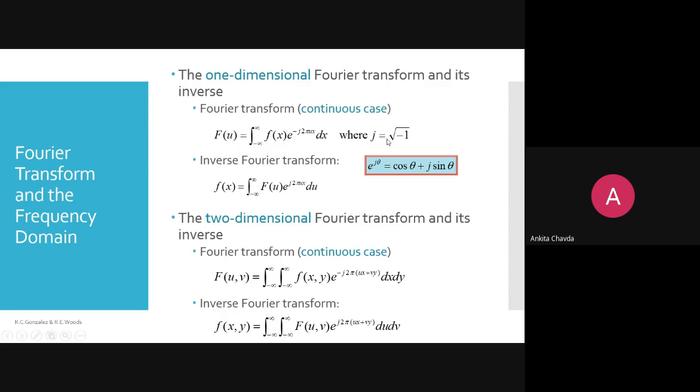So you can write down this formula, and if we want the inverse Fourier transform, it means we want to come back from the frequency domain to the spatial domain. So here what we want is the spatial domain image. So we say f of x equals, from the frequency domain, minus infinity to plus infinity F of u into e raised to, and here we don't have minus j, instead it's plus j 2 pi ux into du.